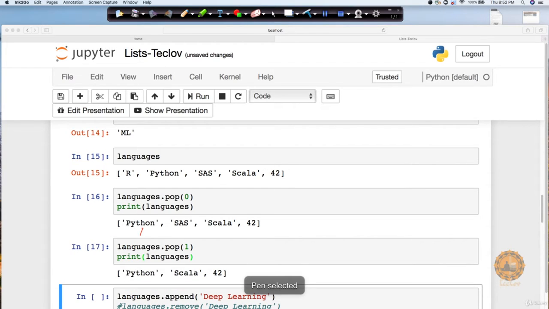As we already know, Python is now my 0th element and SAS is my first element. That's the reason it is going to pop out SAS from this list, and we are left with only Python, Scala, and 42. So this is also a way that you can move out particular values from your list.